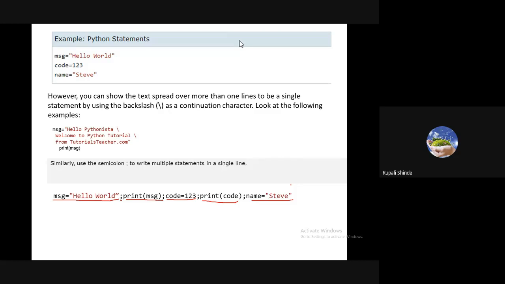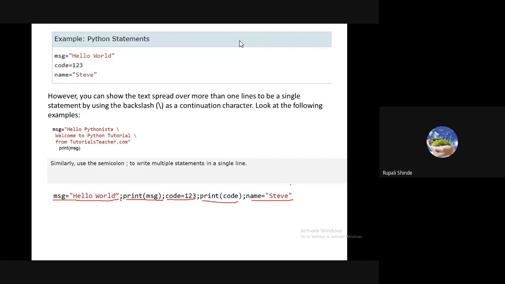Are you getting it, Amol? Ankita? Nobody has given a reply. Okay.